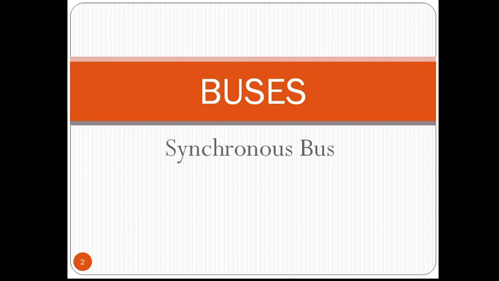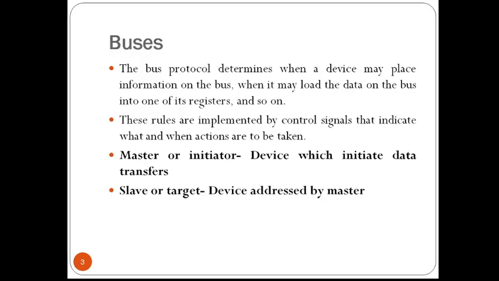As we all know, the processor, main memory and IO devices can be interconnected by means of a common bus whose primary function is to provide a communication path for the transfer of data. The bus includes the lines that are needed to support interrupts as well as arbitration. Arbitration you have studied in the previous video. In this we shall study the main features of the bus protocols that are used for transferring the data. What is the main function of the bus? It helps to interconnect various parts of the computer system, which will aid in the transfer of data between various parts of the computer system.